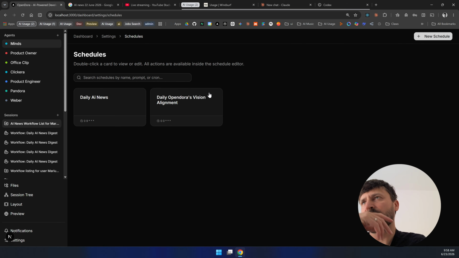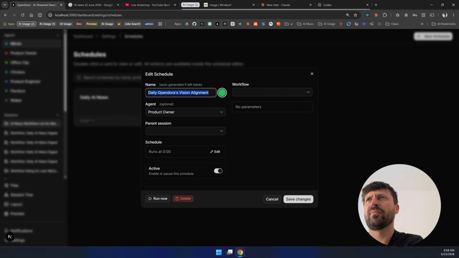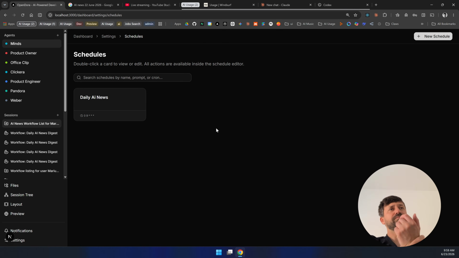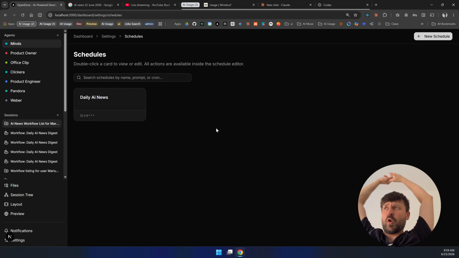So you've got daily AI news, vision alignment. This is something that we periodically want to go through vision. I think, I'm not sure, but yeah, we don't have a workflow for that. So this is kind of a stale one. I'm actually going to delete that, but yes. So at the moment we've got daily news, and we are going to have basically the goals,